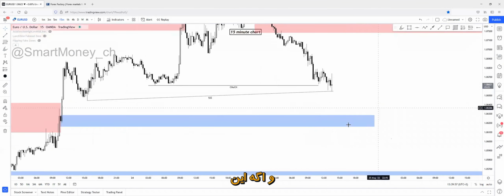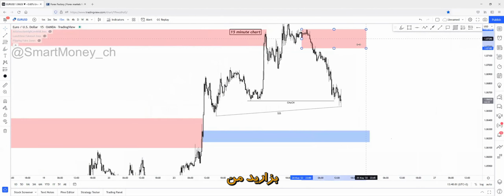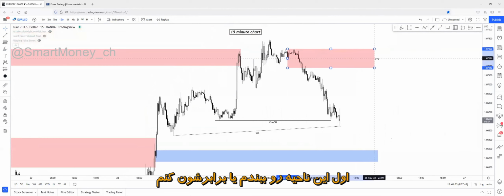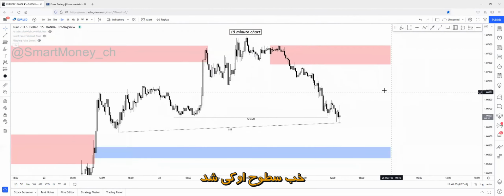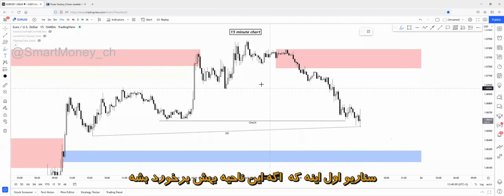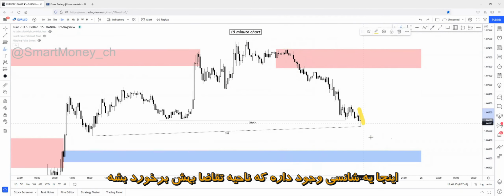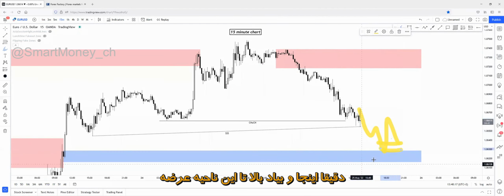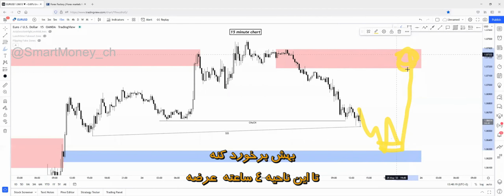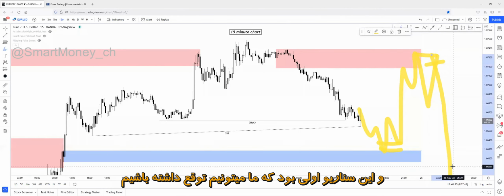And if this zone tap happens, let me just close this zone first or equal the levels. Okay. Two scenarios. First, if this zone is being tapped first without tapping into this supply zone, there's a chance that price will tap this demand zone, create a change of character right here, and come up to this supply zone to tap into this 4-hour supply zone and to create a change of character inside of this supply zone. This is the first scenario that we can expect.